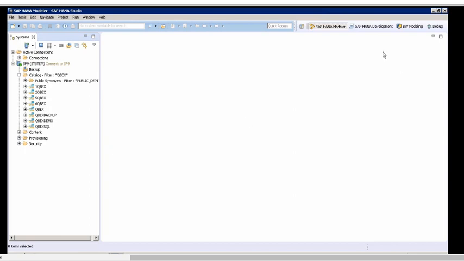Unable to see your screen. Can you, Varun, can you just log out and log in again? I think it's already shared.